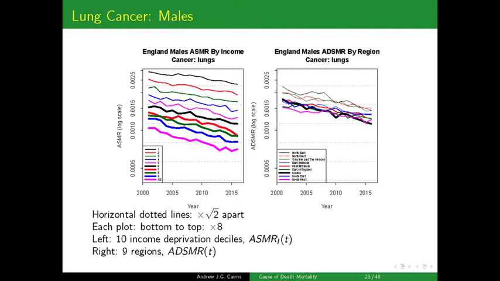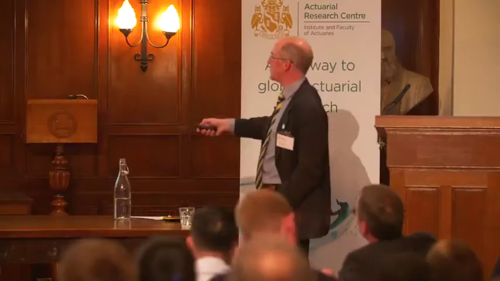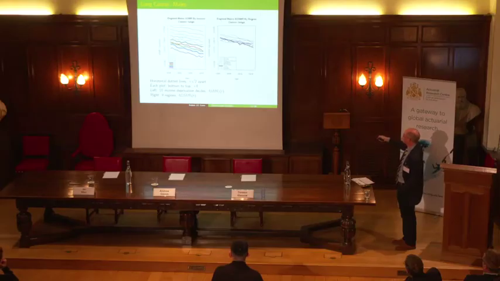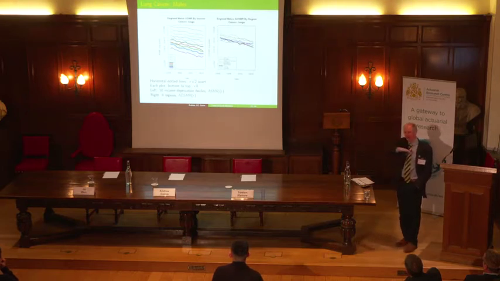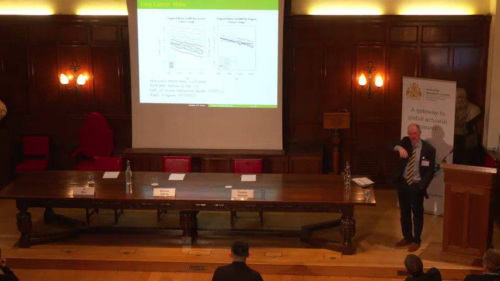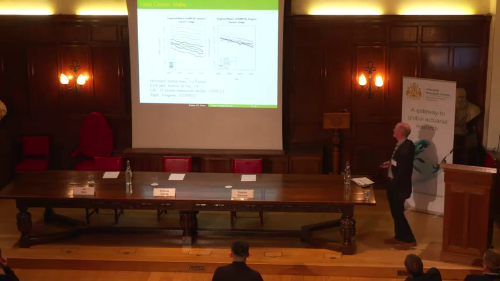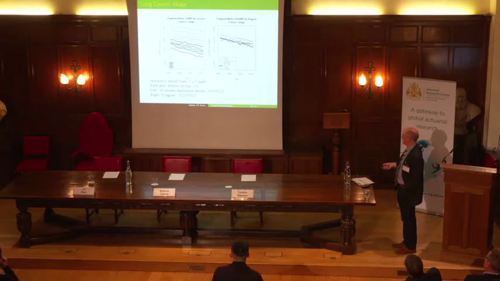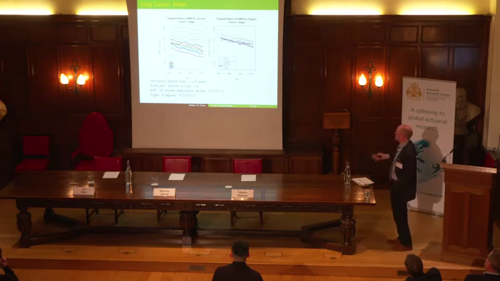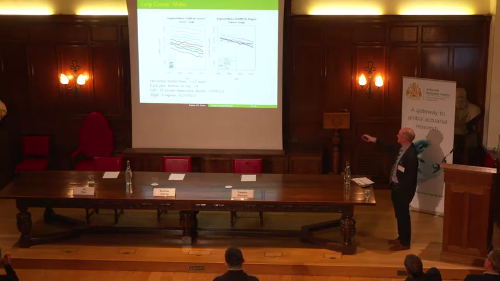And then also to help, there are these horizontal dotted lines, which are a square root of 2 apart. So in other words, going from here, jumping up 2, that's a factor of 2 from there to there. So that just helps you to think about the trend and also the levels of inequality in these charts. So, 9 regions, 10 deciles, and of course what you can see here is for lung cancer, in this case for